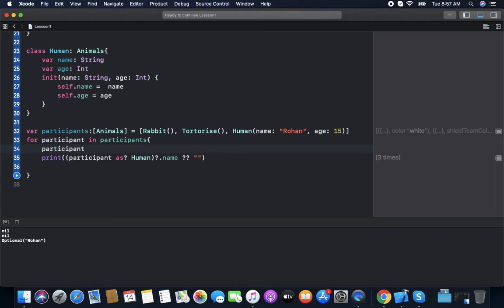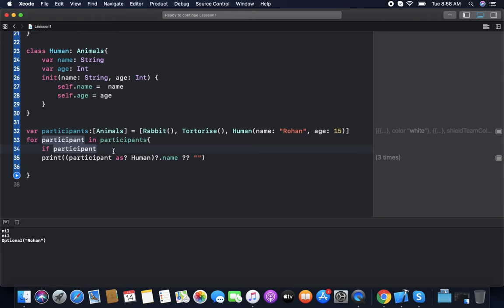So for downcasting to the correct type, firstly we check the type.